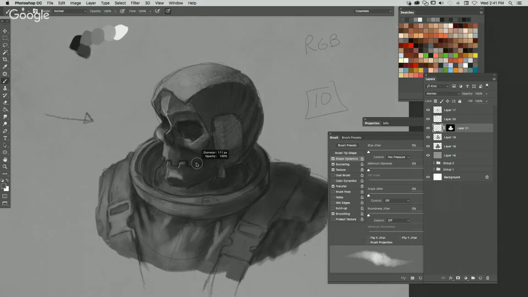I mean, don't go crazy if you're trying to do a realistic study, because you don't want to pull in unrealistic lighting scenarios. Like if I really wanted to make the underside of this chin stand out from the little head case he has here, I don't just want to add in a giant light value, because then that throws off the lighting that I have in place so far. So for a one-to-one study like this, I do want to keep it more consistent. But if you are doing a personal piece with more fantastical lighting, you can have as much fun with that contrast in those values as you want. And I would say even really go for it.